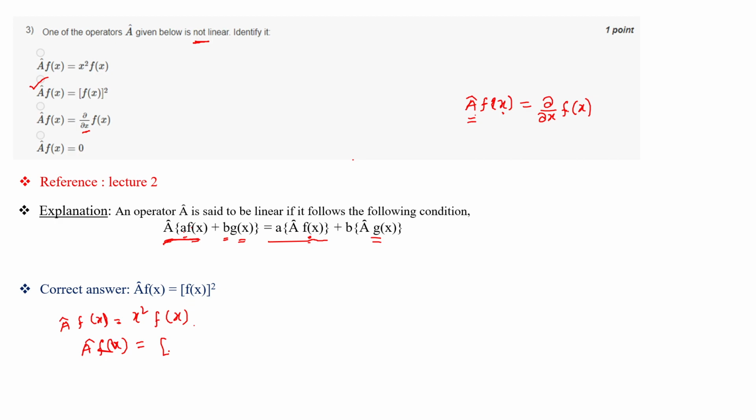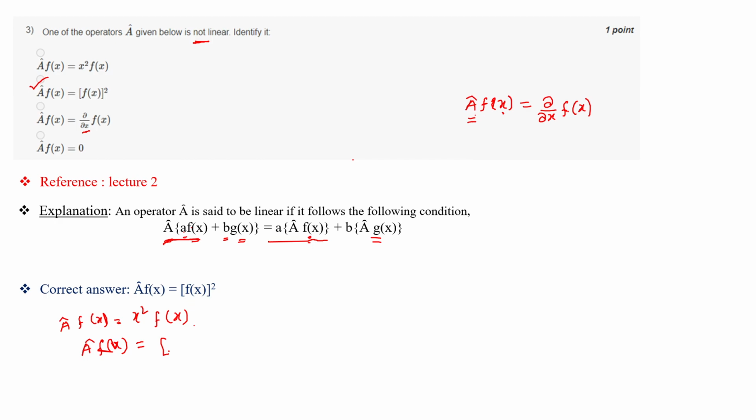Okay, fine. No answer again. So A of f(x) is equal to 0, and you know that if you multiply something with 0, it will give you 0. So you can write this 0 as 0 into f(x). So your f(x) function is there, but since the value the operator gets from it is 0, it is a linear operator, because it is giving back the function again.